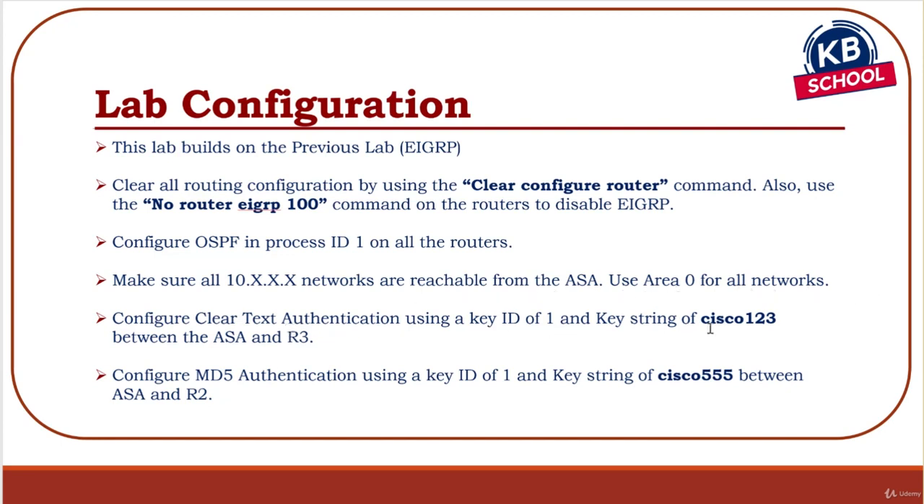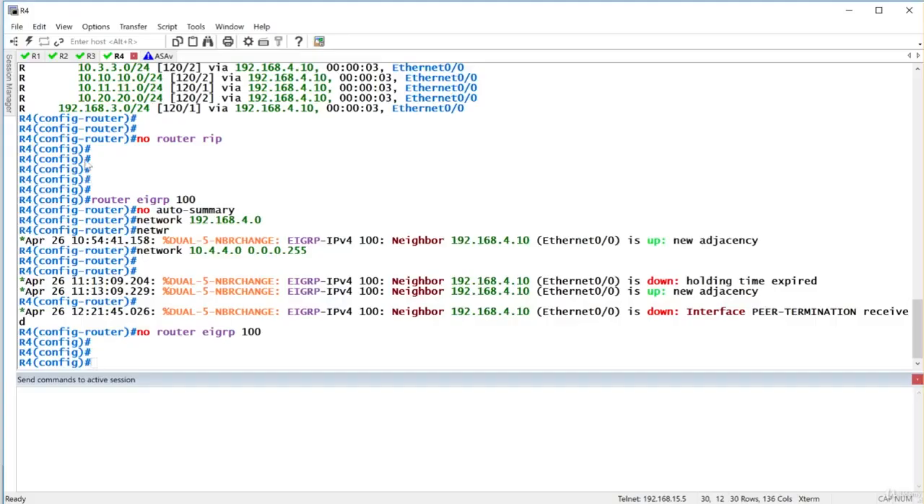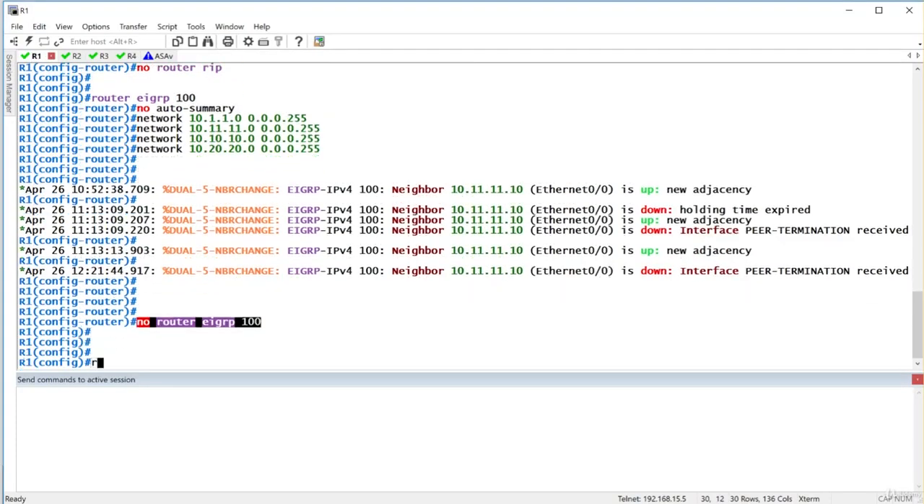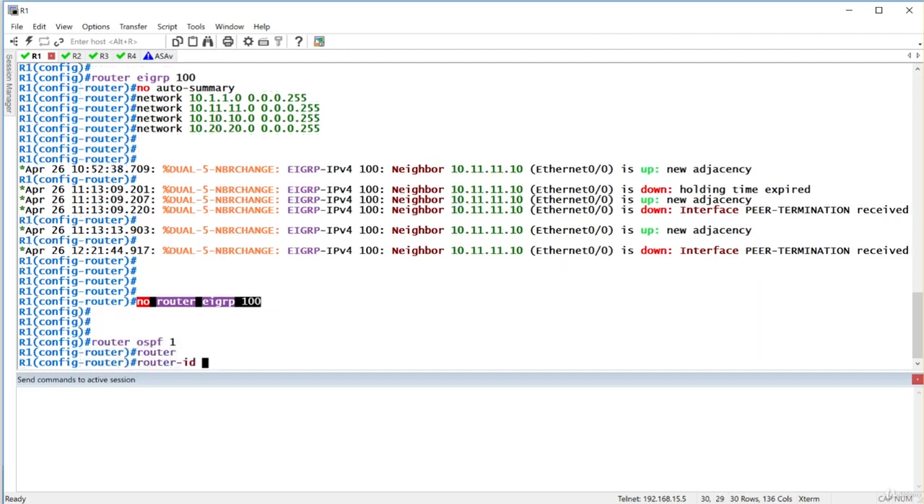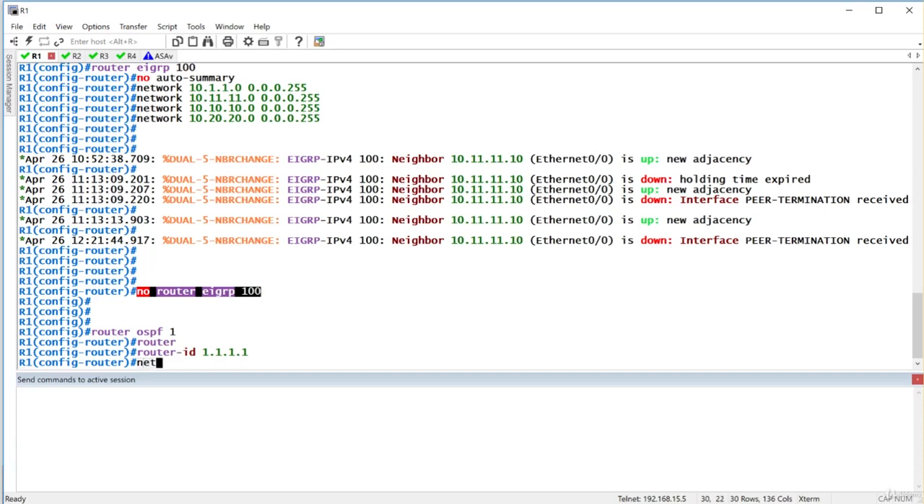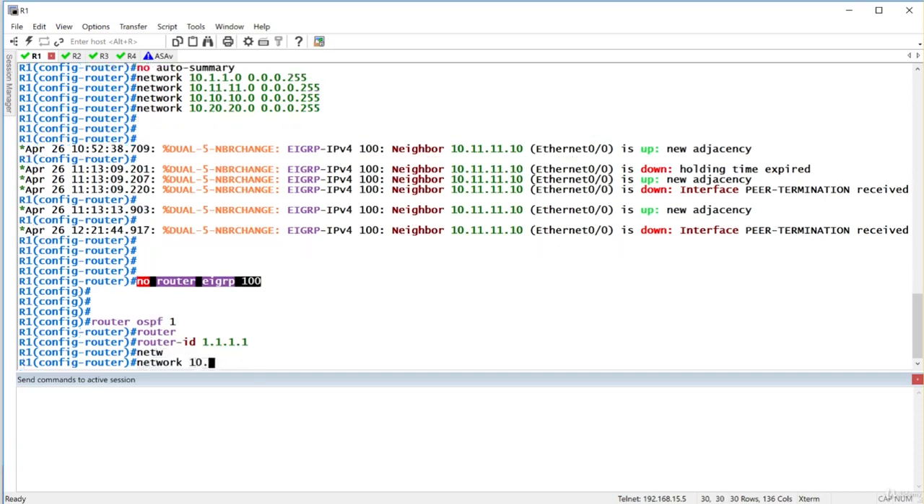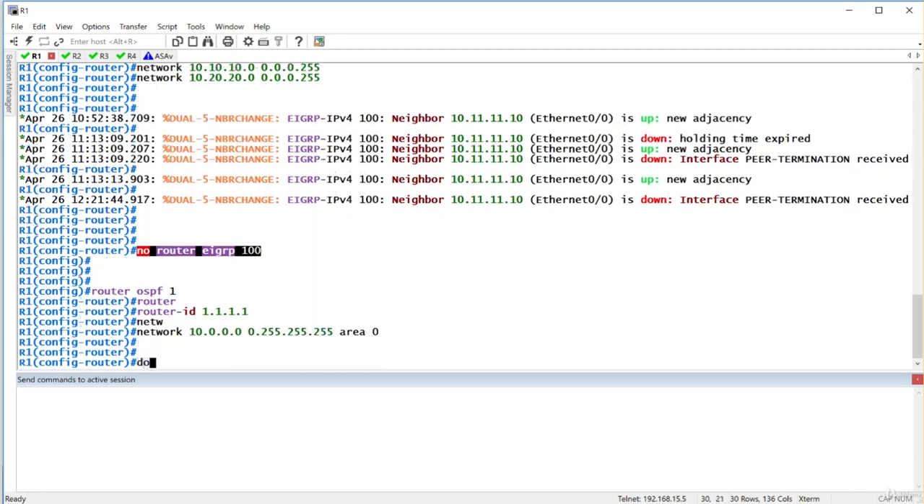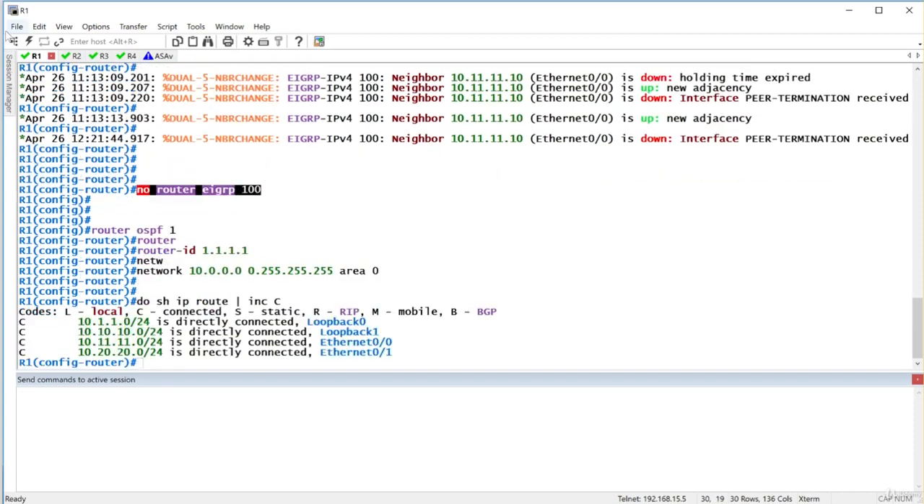We'll do clear text authentication between the ASA and R3. We'll do that later. Let's get the OSPF up and running first. So router 1, router OSPF 1. Let's set the router ID as 1111, although I don't need to. 10.0.0.0. Any interface that belongs to 10 should be enabled in area 0. That should take care of all my routes because all my routes on router 1 belong to the 10